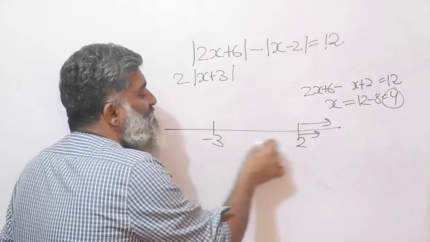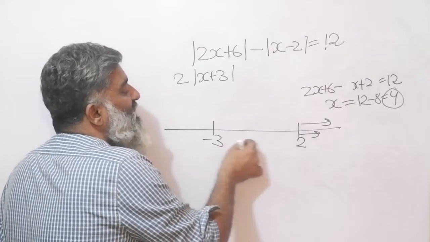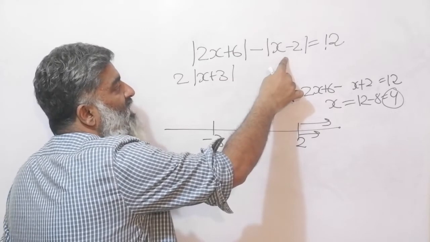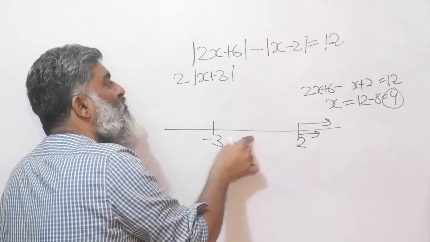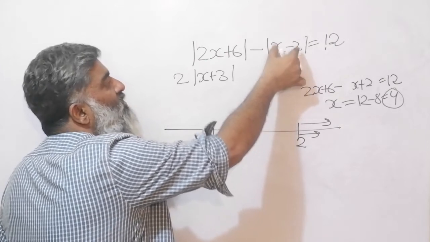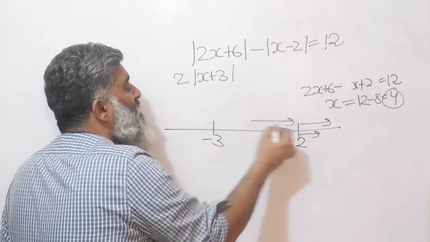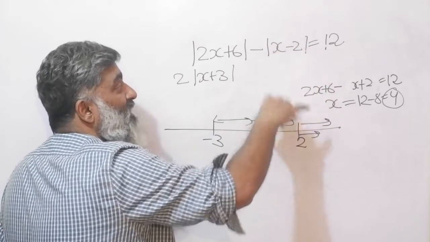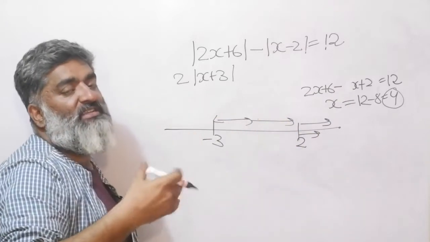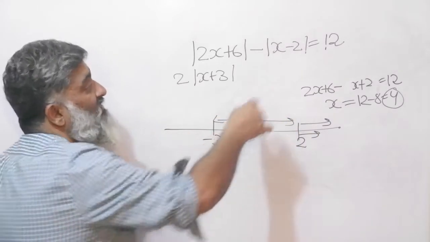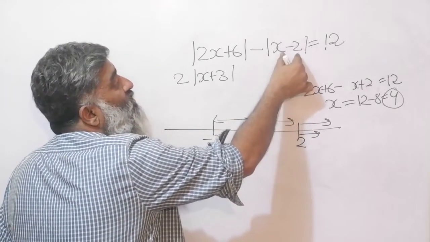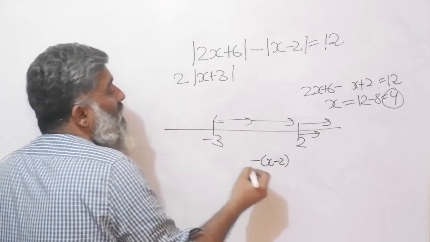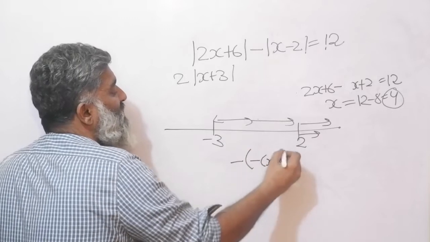Let's think about the region between minus 3 and 2. For any point in this region, this expression will become negative because x is going to be less than 2. The moment you go here, this expression will become negative. So let me just copy it here, and I'm only thinking of the region between minus 3 and 2. So I'm just copying the equation with a minus sign now. Why? Because I know mod of x is equal to minus x when x is negative, and I know in this region this is going to be negative. So instead of the mod function, I can write a minus of x minus 2. But remember, there was a minus outside also, so put a bigger bracket.